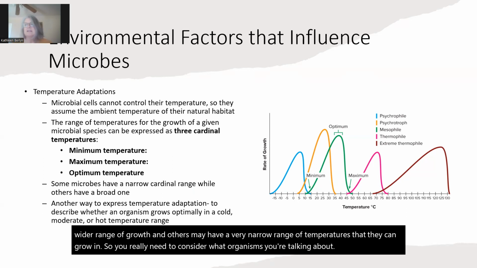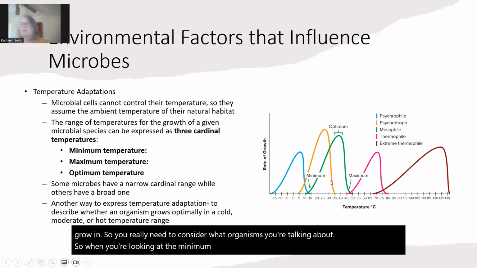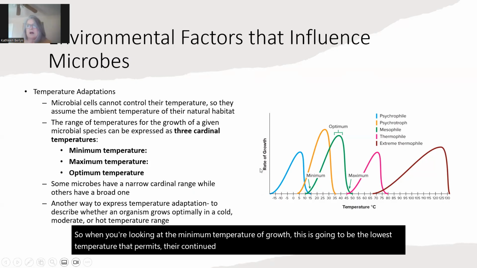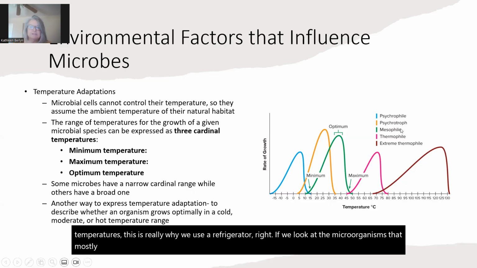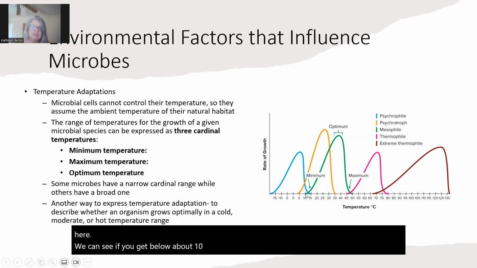So when you're looking at the minimum temperature of growth, this is going to be the lowest temperature that permits their continued growth and metabolism. Anything below that temperature and their activities will be limited. And when we think about minimum temperatures, this is really why we use a refrigerator, right? If we look at the microorganisms that mostly cause human disease, which fall into this mesophile range, this green line, this optimal range here, we can see if you get below about 10 degrees Celsius, they won't be able to